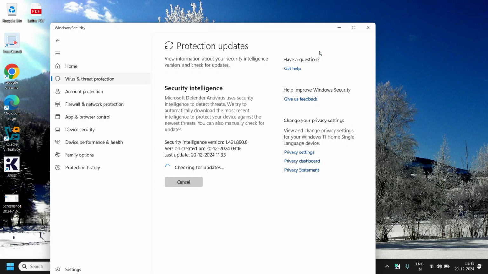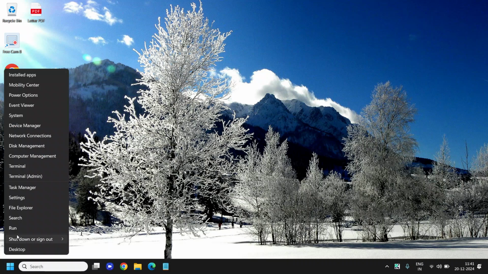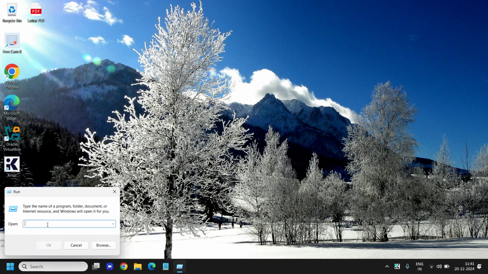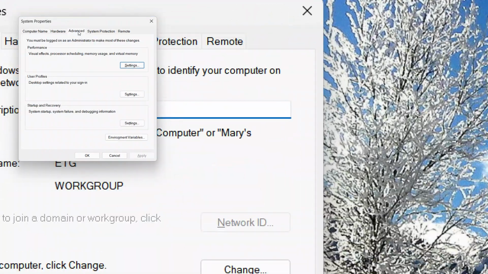Right. And the fifth step is to disable the unnecessary visual effects, which take most of the resources, most of the graphics and processor resources. So here, right click on the start icon, go to run and type sysdm.cpl and click on OK. And then we need to go to this advanced section